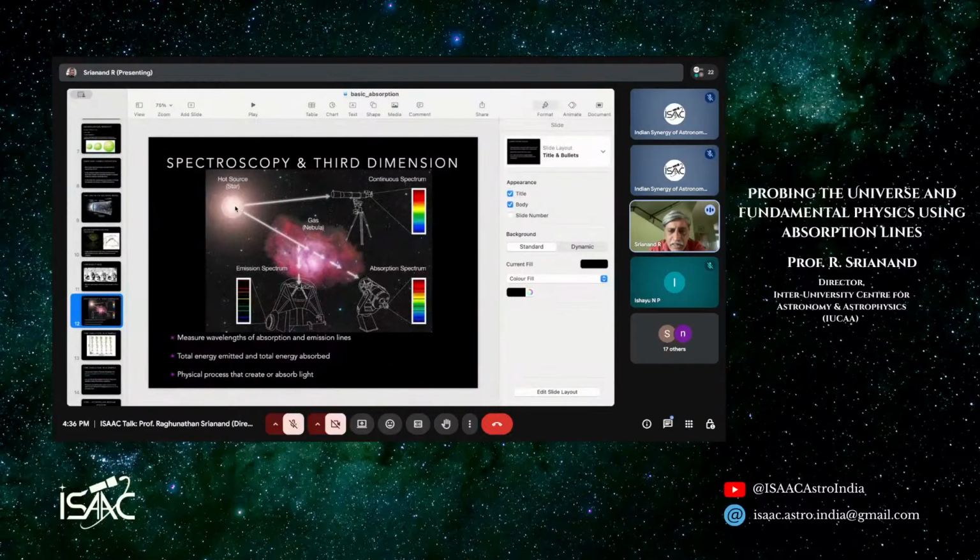Then what happens is that the light coming from the star will go through this gas, and the gas being at lower temperature compared to the temperature of the star, it will produce absorption lines. All the atoms in the gas will produce absorption lines, and they will appear in the spectrum of the galaxy. So in addition to the intrinsic spectrum of the star, you will also see some kind of absorption lines which is embedded on that.